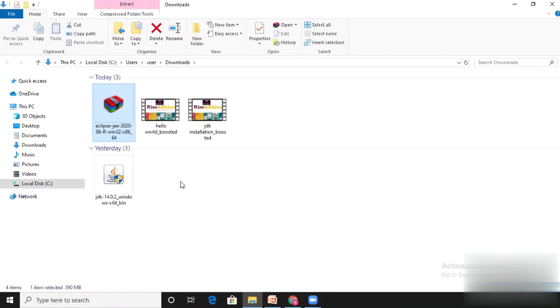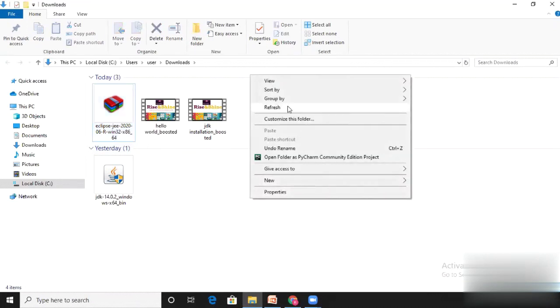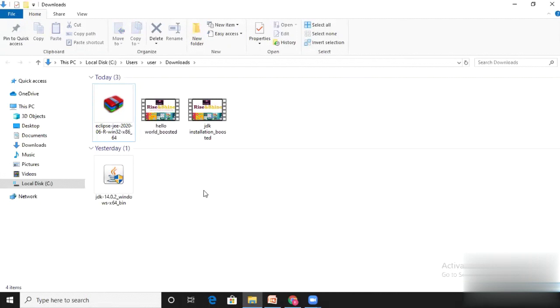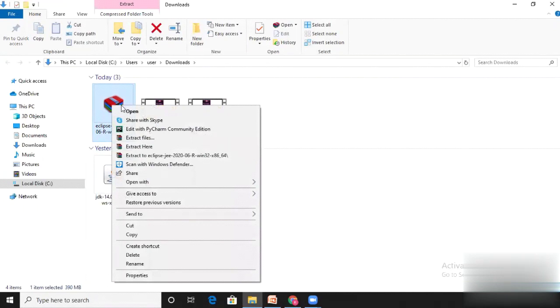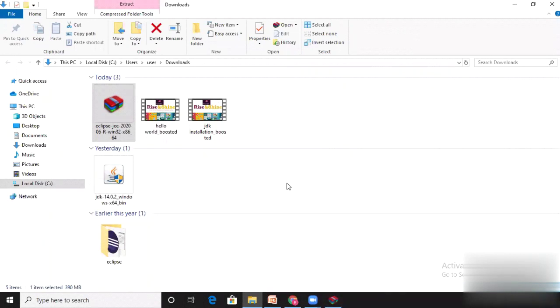Extraction also takes some time. After extraction, in the same download folder, you will find such a folder.